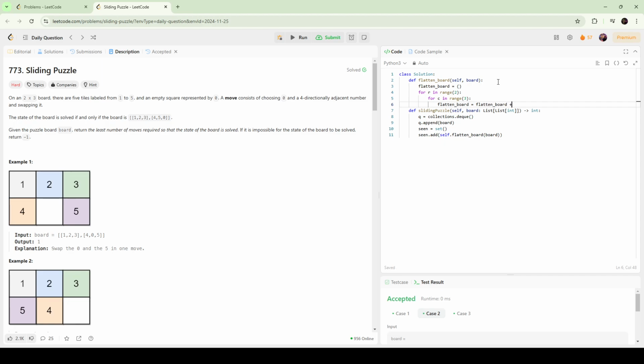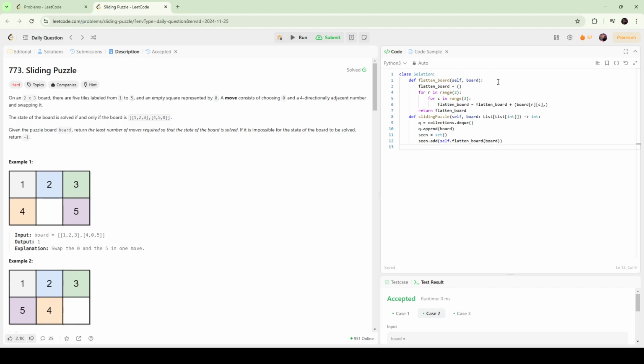And here is how you insert a new element into a tuple. Right. Okay, so now we have